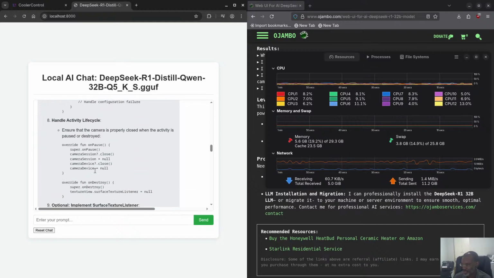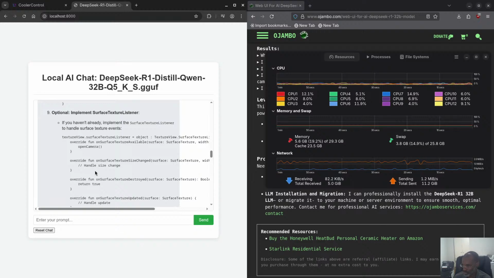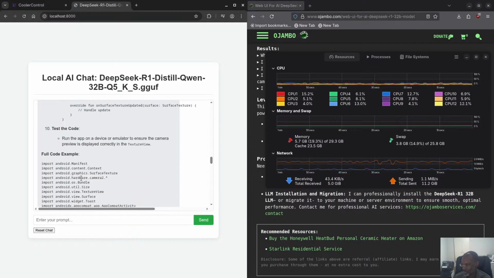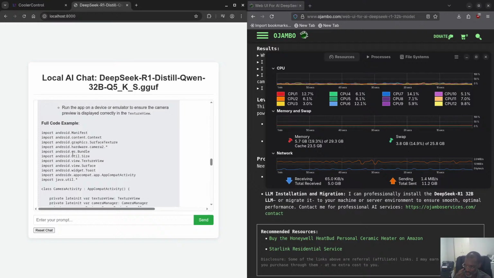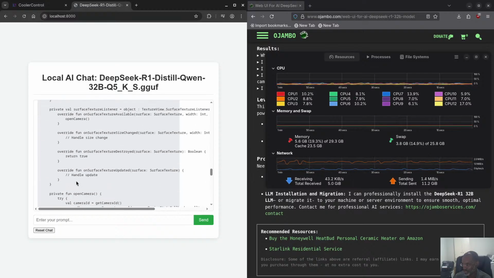Then the handle session. If you haven't already implemented the surface, yeah. So this is the old way of doing stuff. However, this looks pretty good as well. And then run the code, and it says full code example. Oh, I missed that part. So this is not true. That's not going to work. And you know how I know? Because there's some stuff here missing, and some stuff looks like it's really old, no longer needed. However, I like the fact that it uses the toast, app compatibility and the Java stuff. This looks really